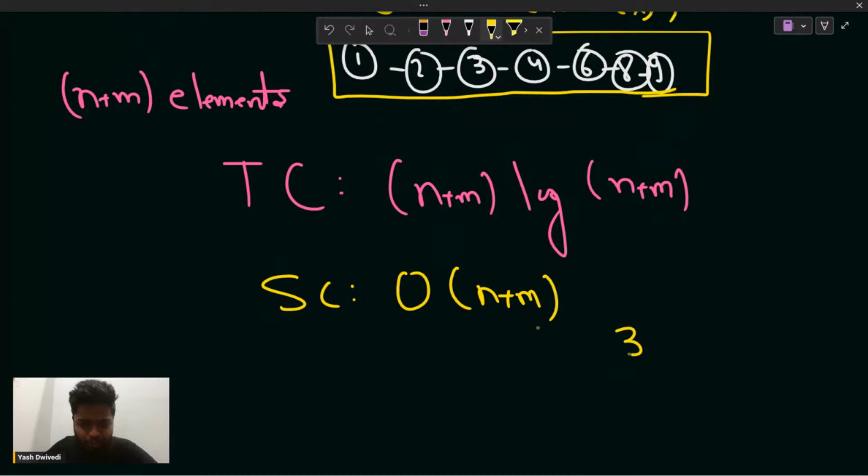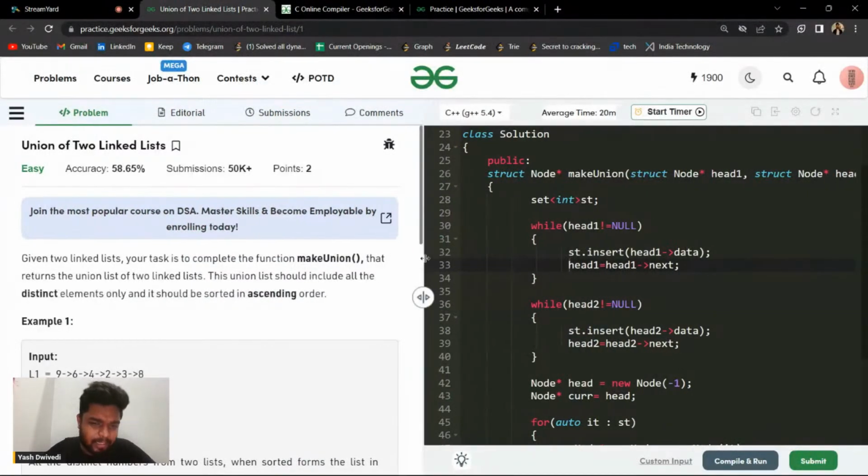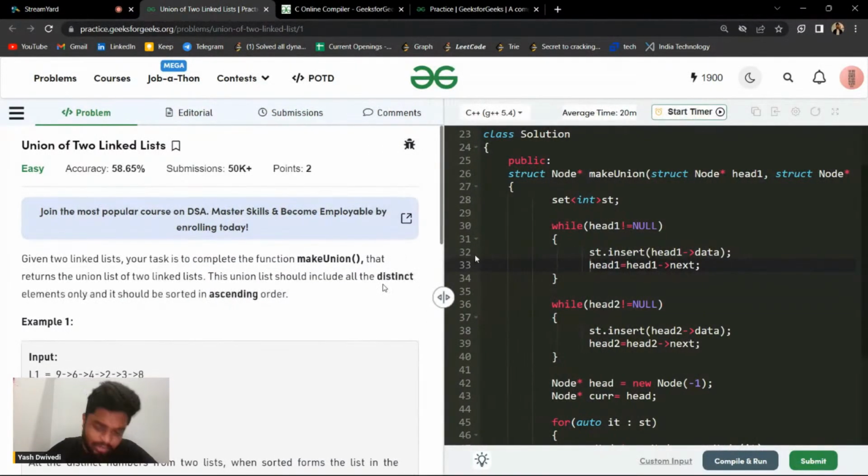So you should devote at least 30 minutes, I should say. If you're starting off, or if you're in the mid-journey of your coding, you should give 30 minutes. You should try to think about every scenario, and try to write some code for it as well. Because in an interview, at the worst you'll get 30 minutes for a problem. That is why you should try a problem for at least 30 minutes,